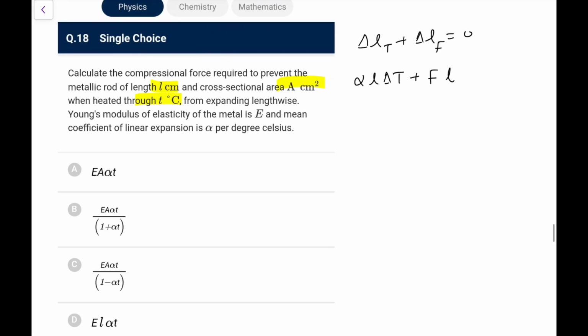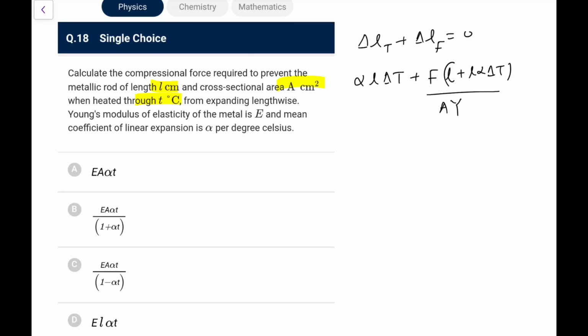So here there is a catch. What length will you take? The length you take would be the length that it has become at that temperature, that is L plus L alpha delta T. So L plus L alpha delta T would be the length now, upon AY. Typically we write it as L only, and we would directly have gone for AY alpha delta T, but here option B is making our life difficult.